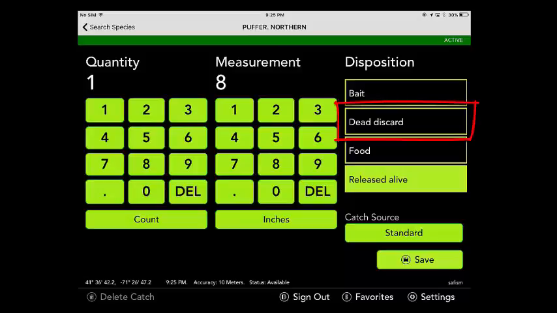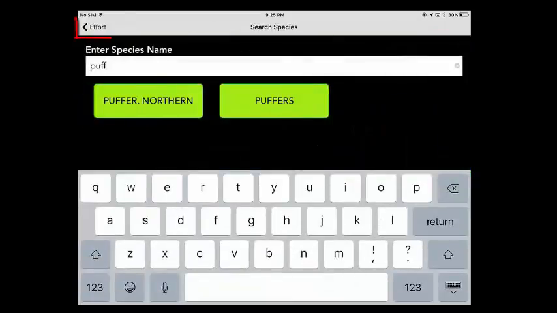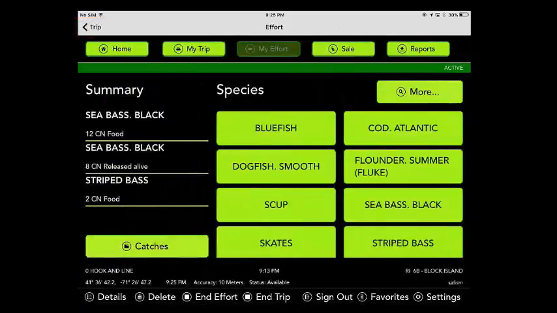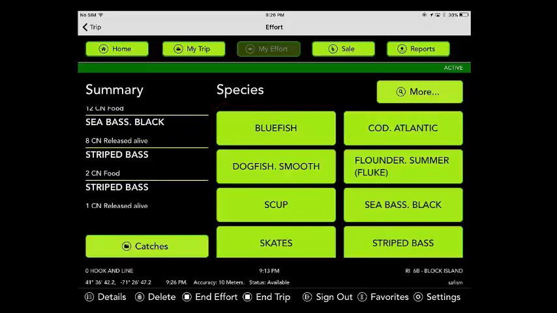In this case, it was a dead discard. Then click Save. If you are done entering in special species, just click the effort button to go back to your effort. You can see that the northern puffer appears in your tally box here. If you use your finger to scroll up and down on the box, you can be able to see all